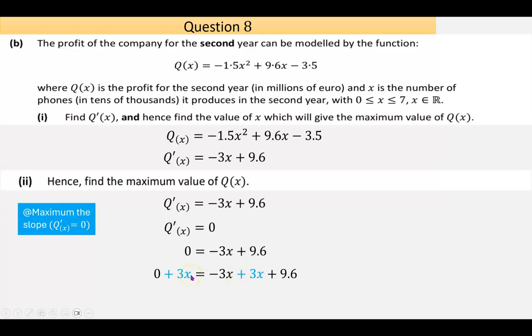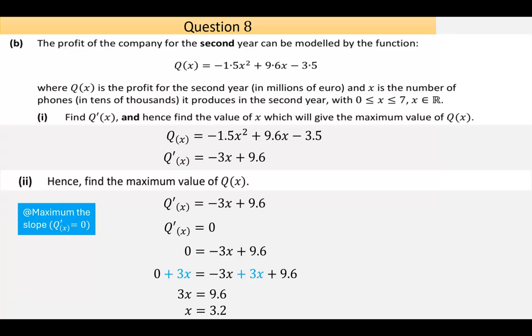On the far side, I end up with 3x is equal to 9.6. Now, I could divide both sides by 3 to get rid of the 3, or move the 3 across and divide it. Or you could ask yourself, 3 times what number gives 9.6? And a fair number of people might spot that that's 3.2. Okay. So I now know my x value, but I want to find out what the maximum value is,